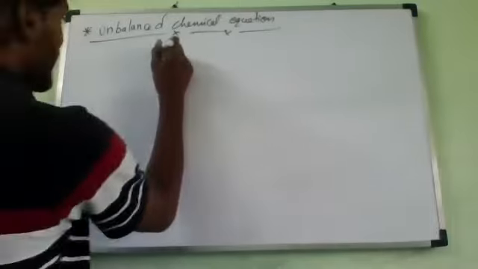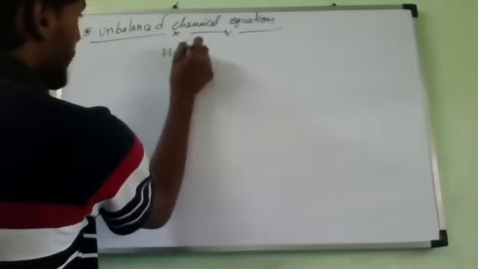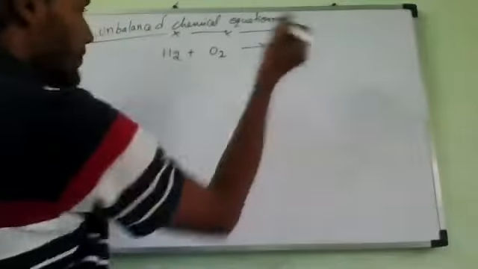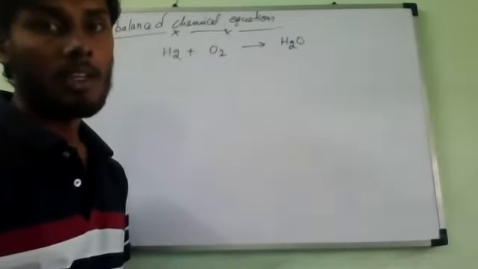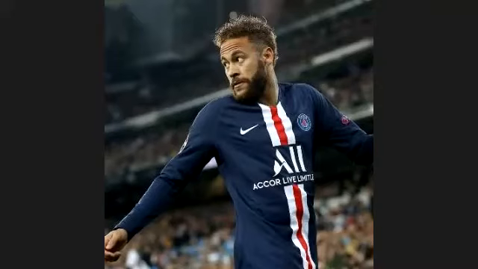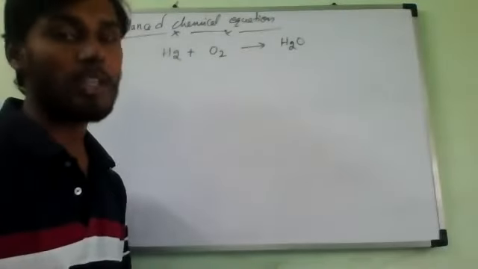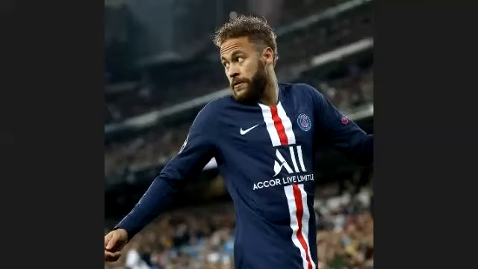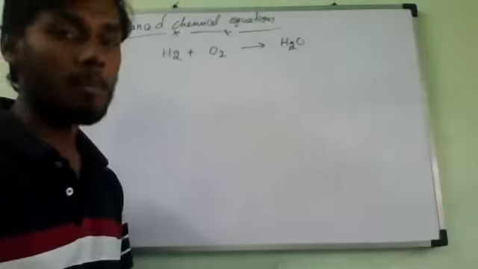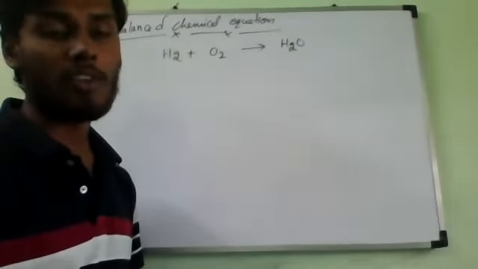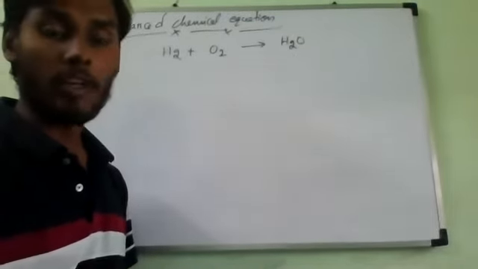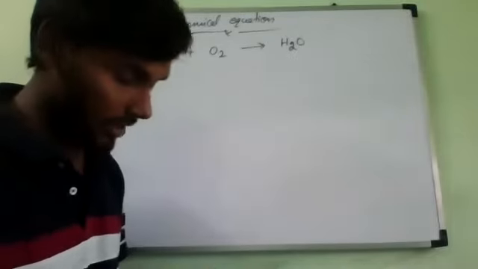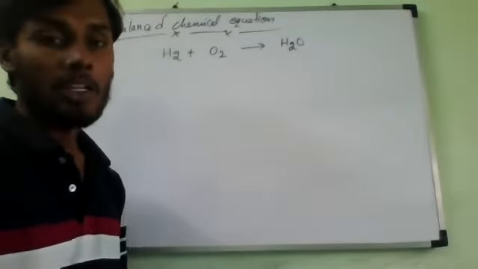But if you observe this equation carefully, H2 plus O2 is only giving H2O. Means, if you observe carefully, one oxygen atom is destroyed. Is it correct or not? Yes, sir. One oxygen atom has been destroyed in this chemical equation. But sir, mass will be reduced. It cannot happen, because according to the law of conservation of mass, matter can neither be created nor be destroyed during a chemical reaction. Is it correct or not?